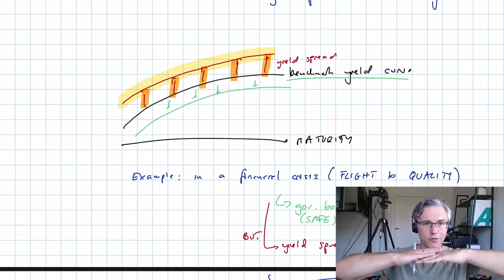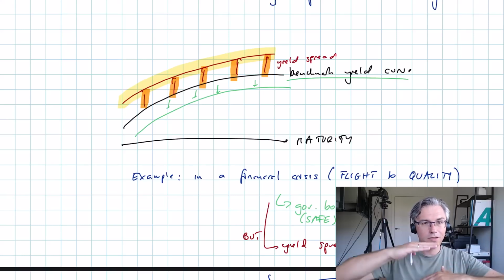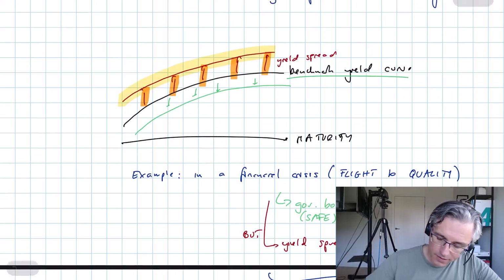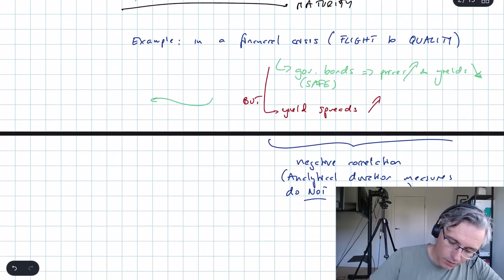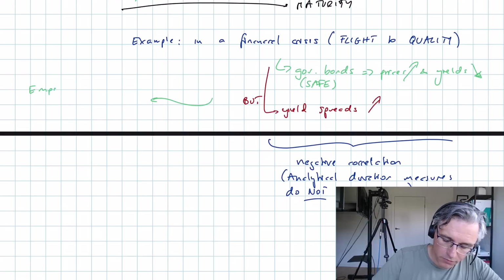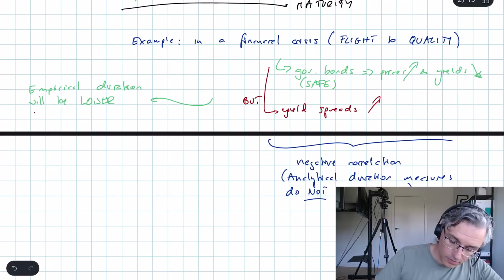On the one hand, the benchmark yield curve drops, but yield spreads rise. So effectively, when you consider things from an empirical point of view, where this should be captured, empirical duration will be lower than analytical